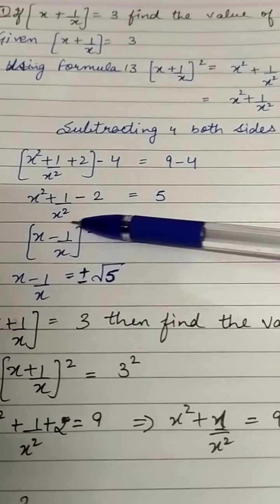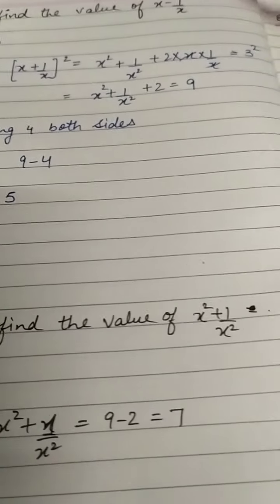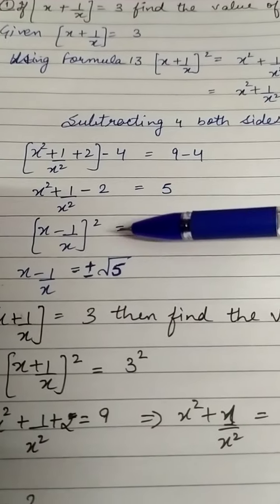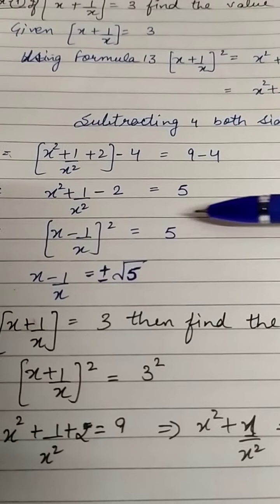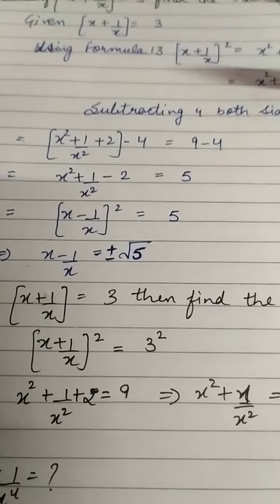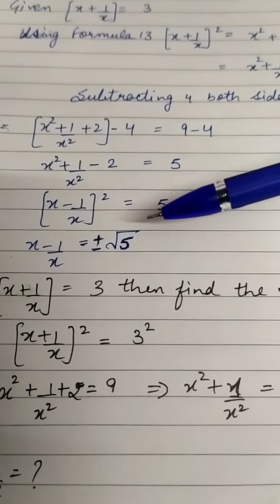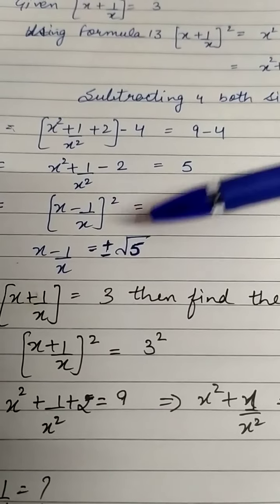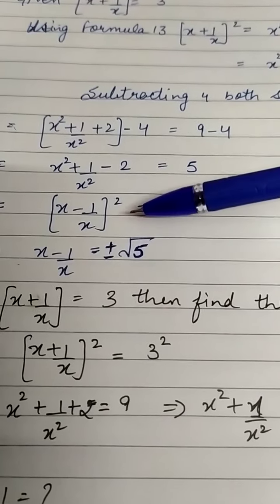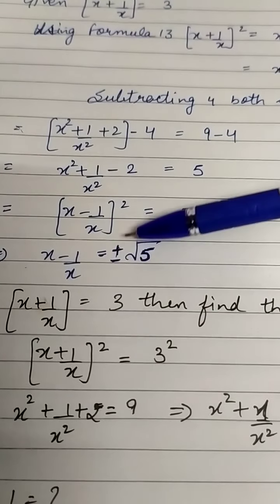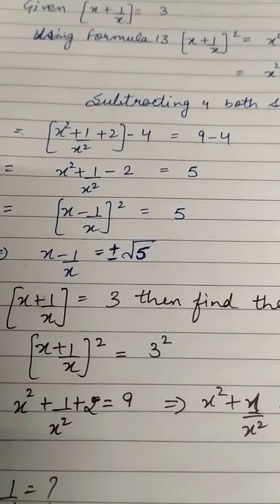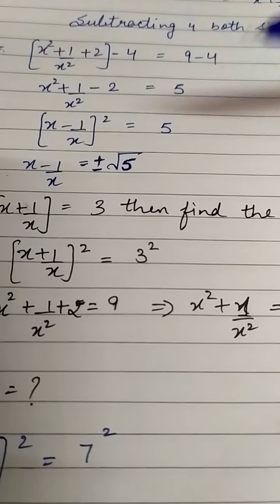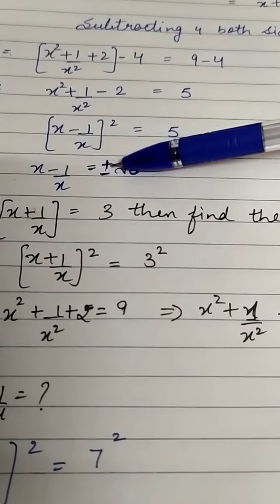So now the value of this is in square, so we have to remove the square because we have to find the value of x minus 1 upon x only. So what we will do, you have studied squares, so we will do the square root of 5. So our answer is, x minus 1 upon x equals plus minus under root 5. Okay, this plus minus we have written, that's because the value of an under root can be positive as well as negative. So we can also write it, and it is alternative. It is not important to write, but the value can also be in positive or in negative. That's why we have written both plus minus sign.